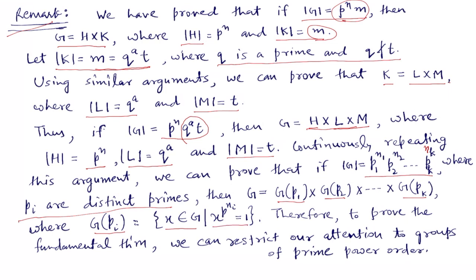So we can write G as the direct product of these groups G_p1, G_p2, G_pk, and each G_pi is a group of prime power order p_i raised to power n_i. So to prove the fundamental theorem,